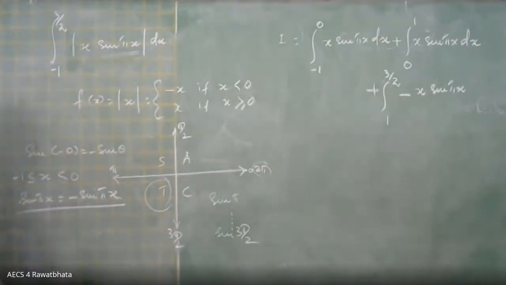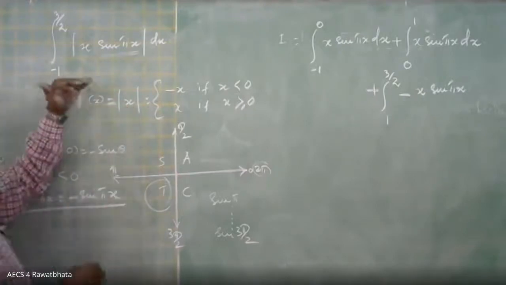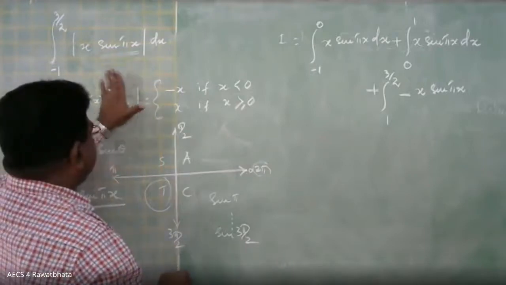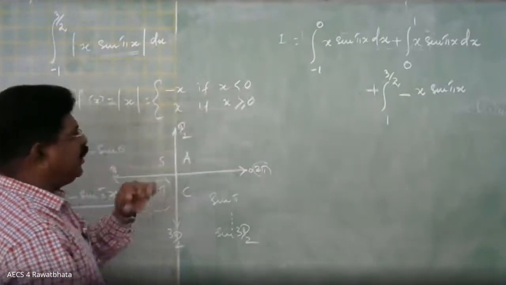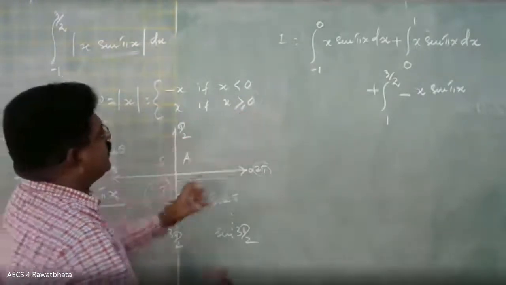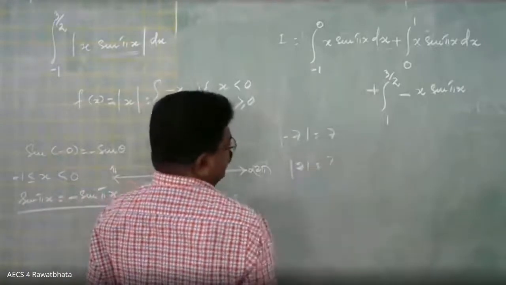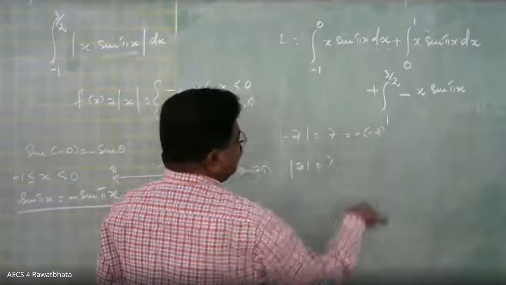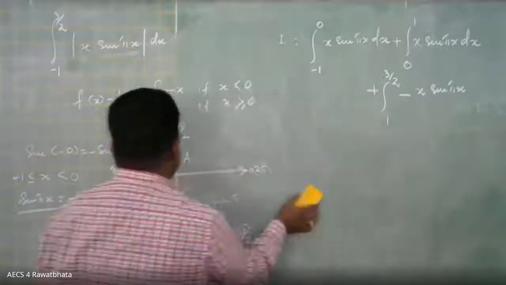Listen, one more time I explain. This is the only important part, the remaining things will be very easy for us. So first, f of x is modulus of x, the modulus function. The value of the modulus function is minus x if x is less than 0, and x if x is greater than or equal to 0. For example, the modulus of minus 7 is 7. Modulus of 7 is also 7. Where does that come from? That is minus of minus 7, which is plus 7, and a normal positive number stays positive.